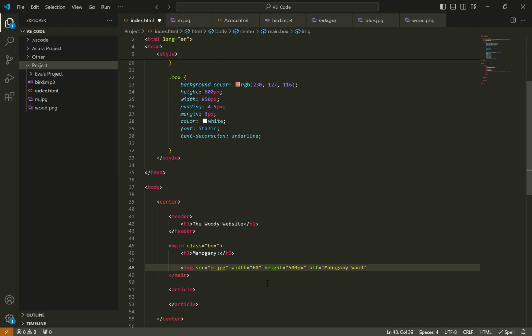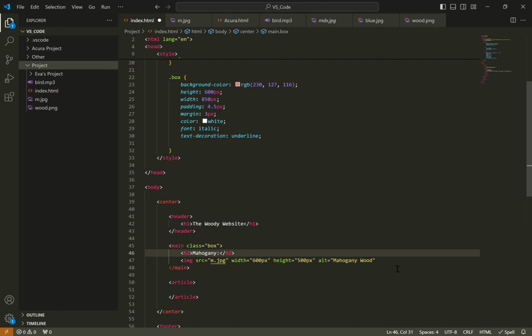I forgot to actually type in a value for the image. Now that's really long and it's kind of looking a bit like a baguette, so let's make it a lot wider too. I think that is perfect. So we can get rid of this annoying little space right here and begin on the